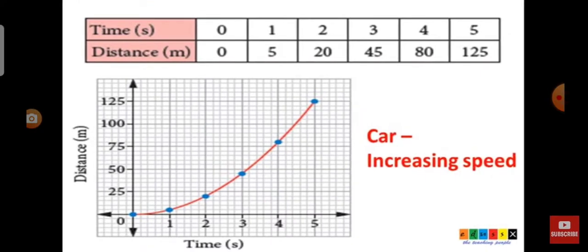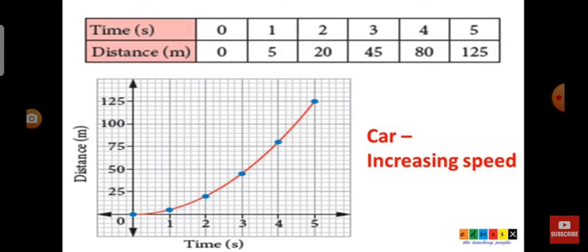So in this picture, the car is traveling at increasing speed. Using the given time and distance, the graph is plotted. So in this increasing speed, the graph has an increasing gradient. The speed increases. The instantaneous speed of the car at t equals 3 seconds is given by the gradient of the tangent